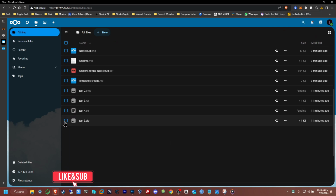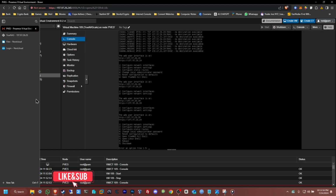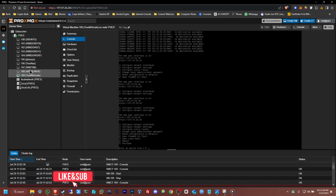That's fine. But there you have it, guys. You have officially set up Nextcloud on your TrueNAS Scale inside of your Proxmox server. I have a bunch of machines that I'm not even using right now, just for testing and other purposes. But that's basically it, guys. If anybody has any issues on how to set this up, or wants something a little bit more advanced, or some part didn't work for you,